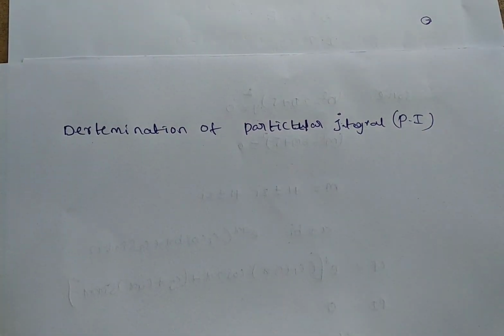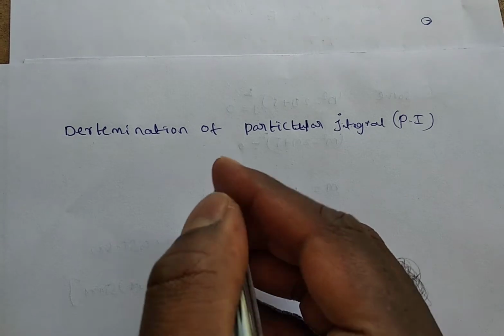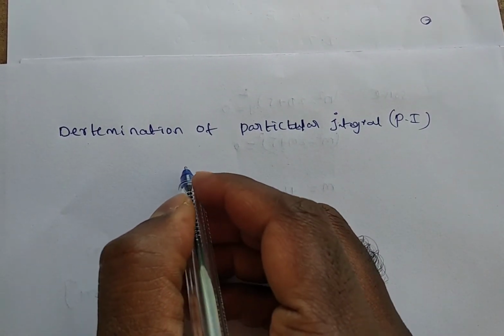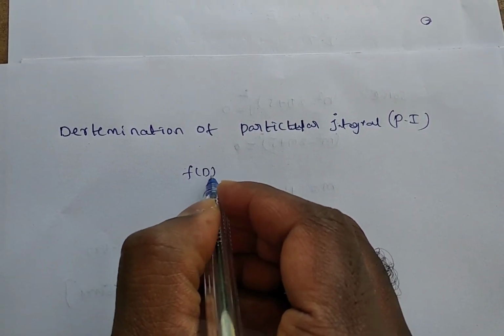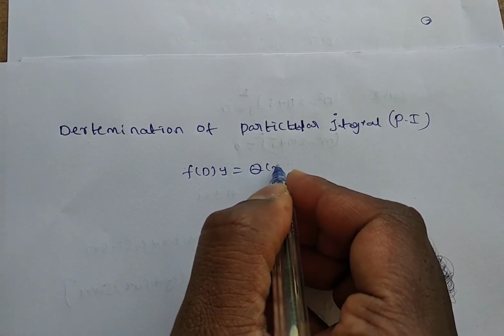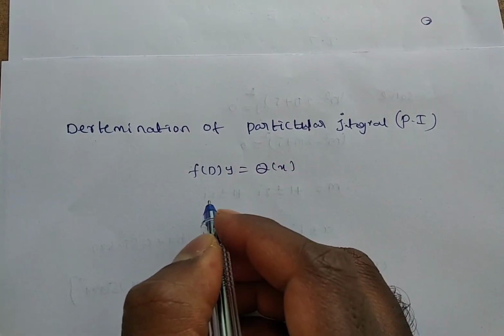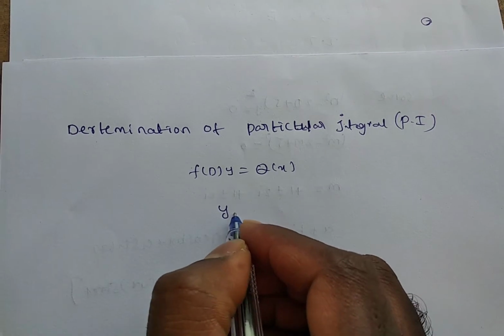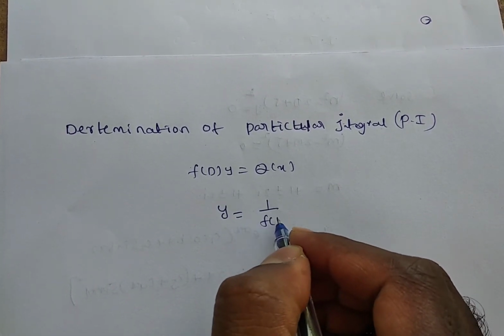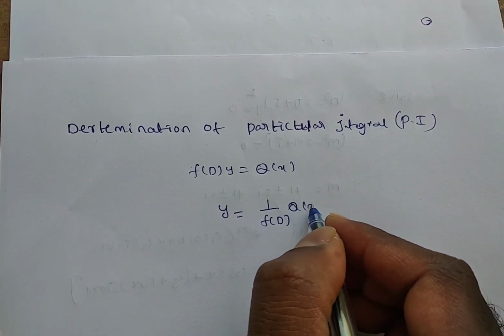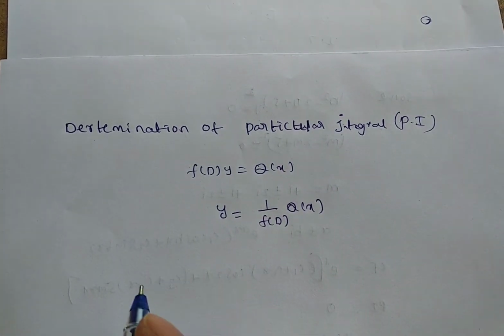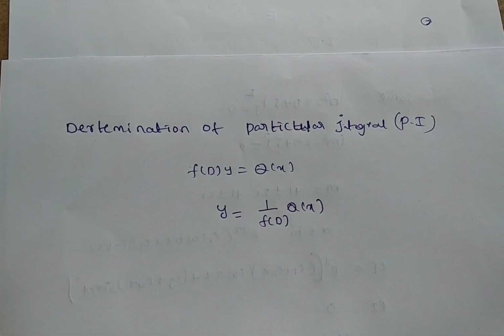Students, now in this video we are discussing determination of particular integral. If f of D into y is equal to Q of x form, then the particular integral will become y is equal to 1 by f of D into Q of x. The general method of getting particular integral is